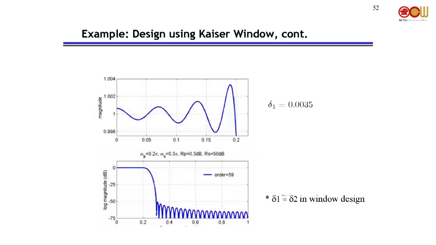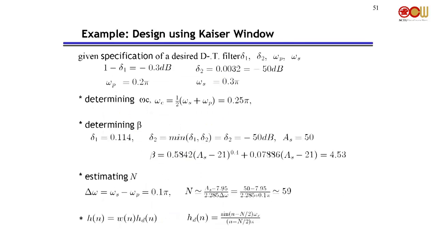Here. The stopband attenuation, the desired attenuation is 50 dB, right? So this is around 50 dB, all right. This is 0.3 pi, and this is 0.2 pi, that's the passband edge, okay? And one thing that's interesting to look at here is the estimation of order. And the order is